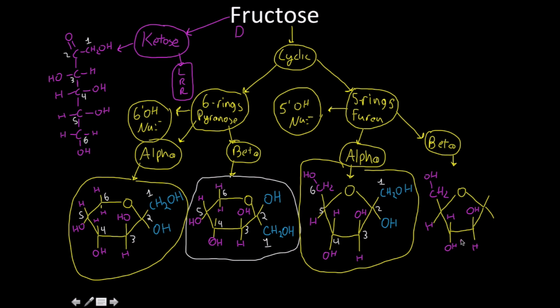That hasn't changed, but what has changed with this? Well, it's beta, so the OH is on the top. Before I finish circling this, let's go ahead and number our carbons. Carbon 1, 2, 3, 4, 5, and 6. Alright, so that's the differences between all the cyclic forms that fructose can take. Take notice of the structures of them. Which do you think would be more stable, unstable? Think about the chair conformations of these, or